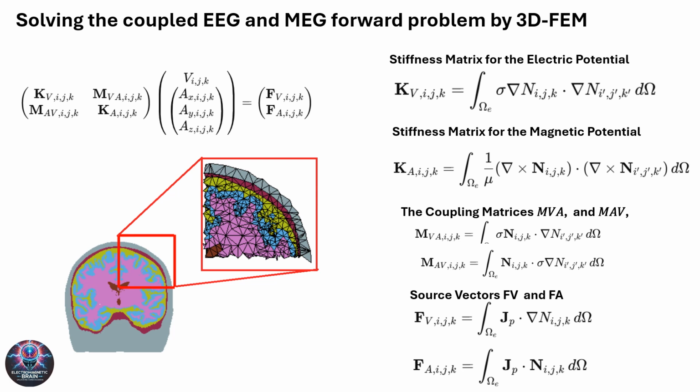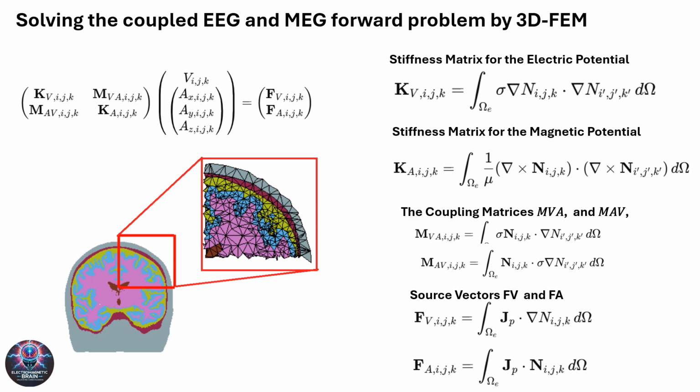Nabla times Nijk represents the curl of the vector shape functions, and omega e is the element domain. This matrix governs the relationship between the magnetic vector potential Aijk at node ijk and the vector potentials at neighboring nodes. AN are the coupling matrices that link the electric potential and the magnetic vector potential. And represent source vectors at node. The source vectors represent the contributions of primary currents and external sources at node. IJKFV is the source vector related to the electric potential V and FA is the source vector related to the